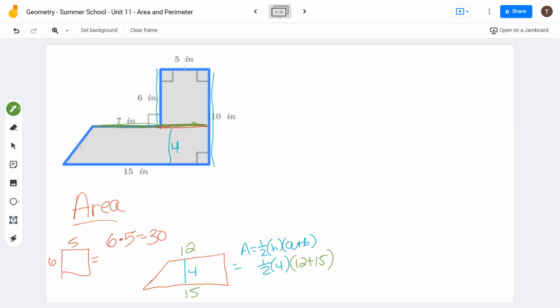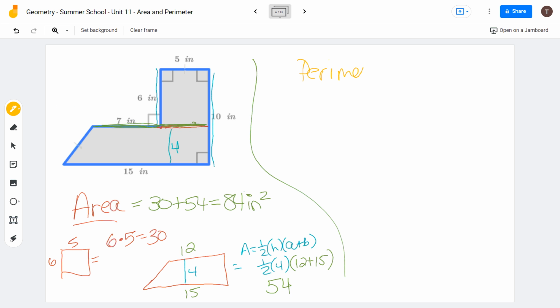So I get that. If I plug that into my calculator, I believe I get 54. So the total area would be 30 plus 54. And that's in inches. Everything's in inches. Inches squared because it's area. Now, for perimeter,